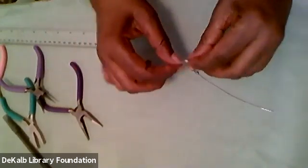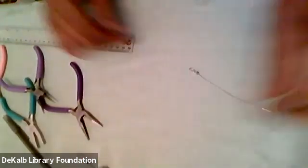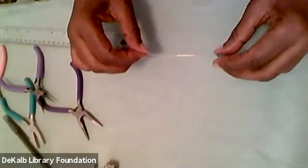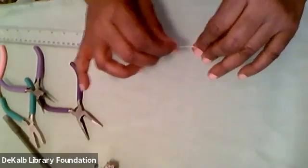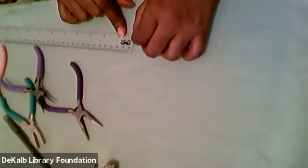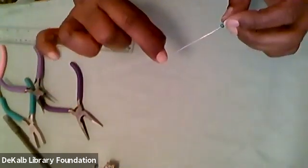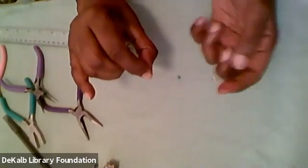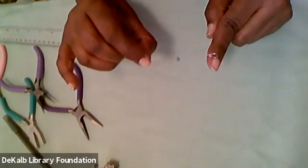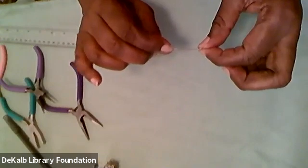So what I need is approximately 1.5 inches in order to make this exact same ear wire. It's easier if you do them both at the same time, but I didn't because I needed to be able to show you how to do it. So I don't have that advantage. So I'm going to get about 1.5 inches of wire left on the end. And I'm going to slide my bead down so it's halfway between where my finger is and the tip of the loop is. I'm going to hold my bead in place